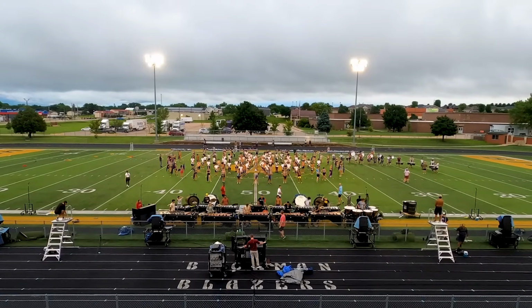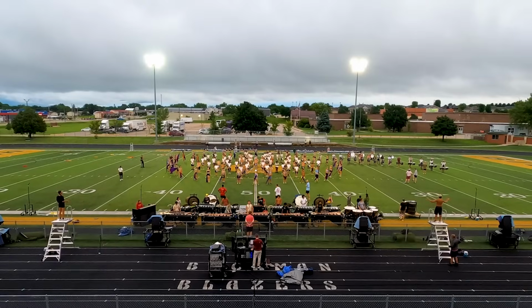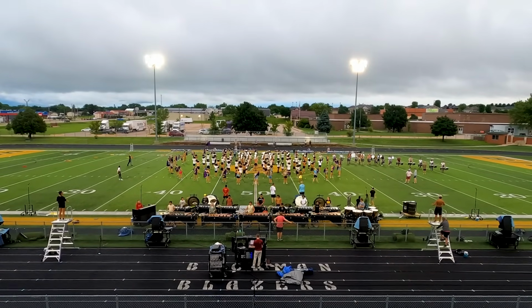Stand by. 144 to 146. In. And lift. There's gonna be a lot of small sections today because